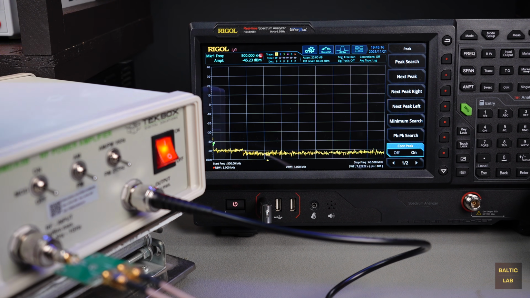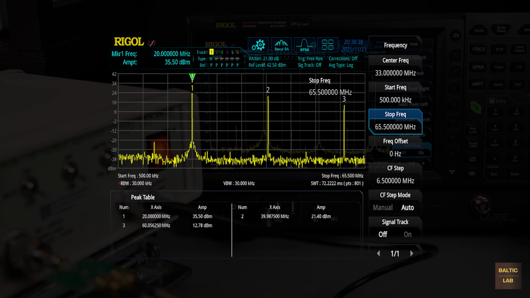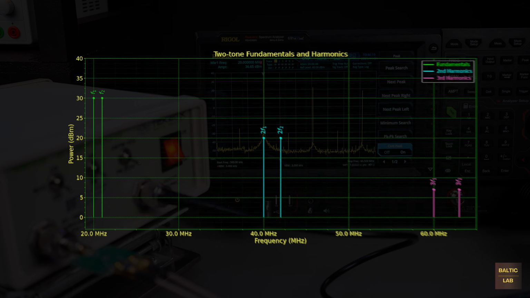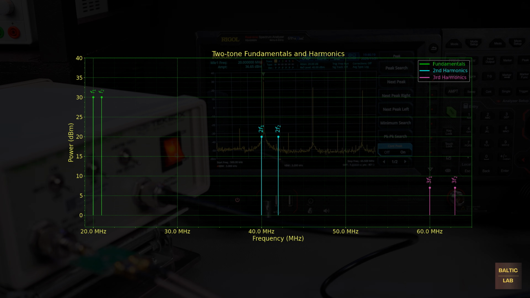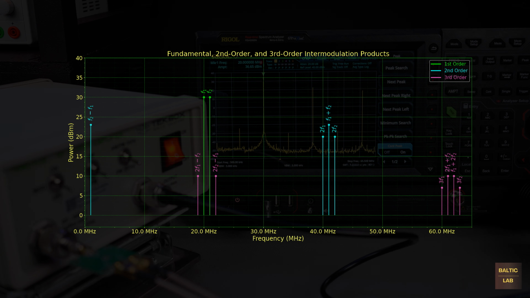A 20 MHz tone at -5 dBm is applied, and the resulting harmonics up to the third harmonic at 60 MHz are visible. Harmonics alone are usually easy to filter. The situation changes once the input contains more than one frequency component, which is typical for real-world signals. With two tones, F1 and F2, the amplifier generates additional intermodulation products through nonlinear mixing. These products are classified by their order. Of particular interest are the third-order products at 2F1-F2 and 2F2-F1, which appear close to the desired tones and cannot